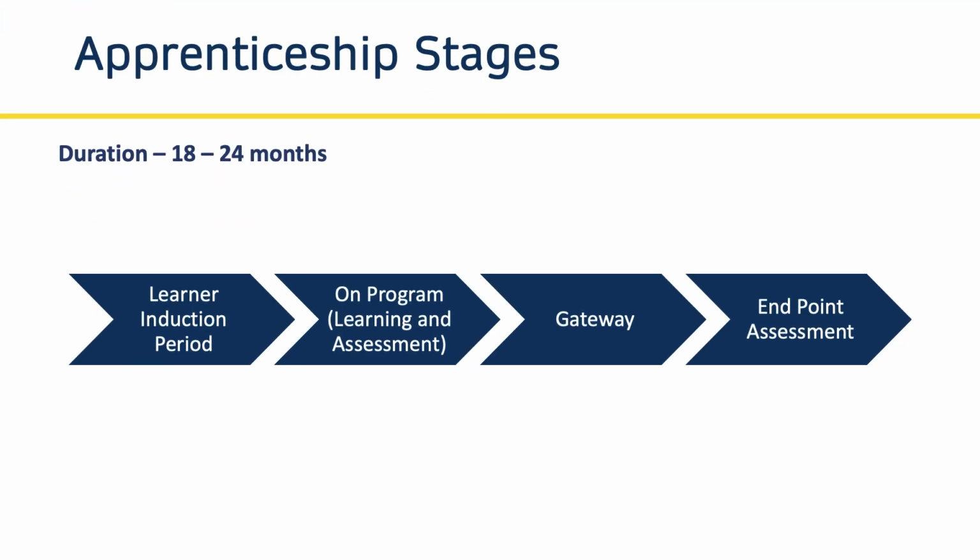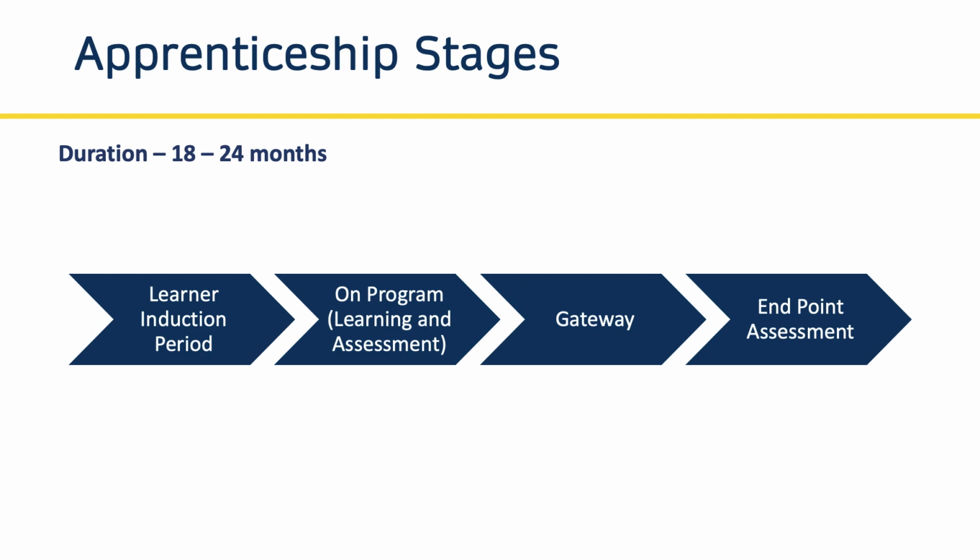The apprenticeship should last approximately 18 to 24 months, although the duration is flexible. Some learners will complete the apprenticeship more quickly than others for various reasons, and if you don't complete by the 24 months, if there's good reason, we can look to extend that time frame as well. But you cannot complete in under 12 months.